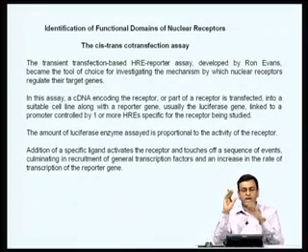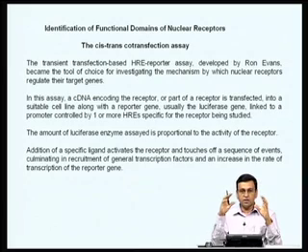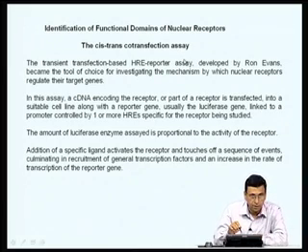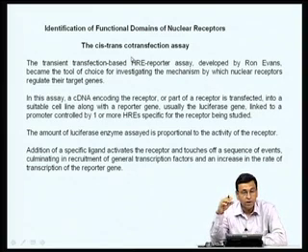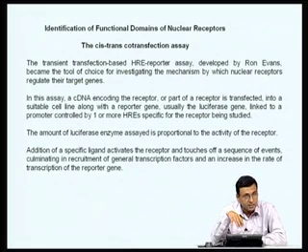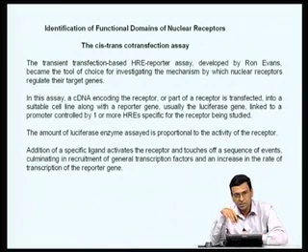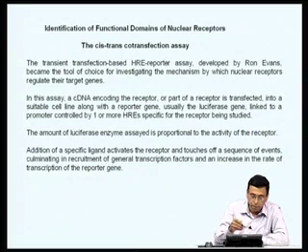Now, one of the important experimental techniques that paved the way for understanding the structure and function of these nuclear receptors, or the steroid hormone receptors, is an assay called the cis-trans co-transfection assay. It is because of this assay that it became possible to identify the various functional domains of these steroid hormone receptors. I have already discussed the cis-trans co-transfection assay in one of the earlier classes, especially in the introductory classes of this course, but I do not mind repeating it again. Basically, what this means is that